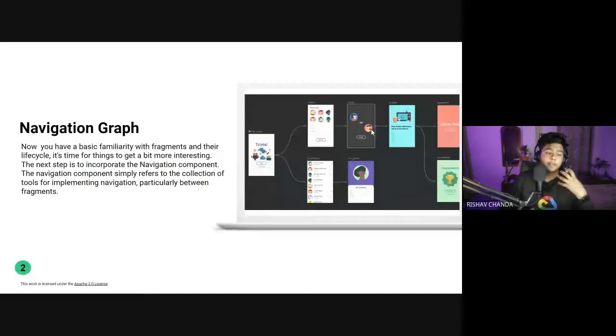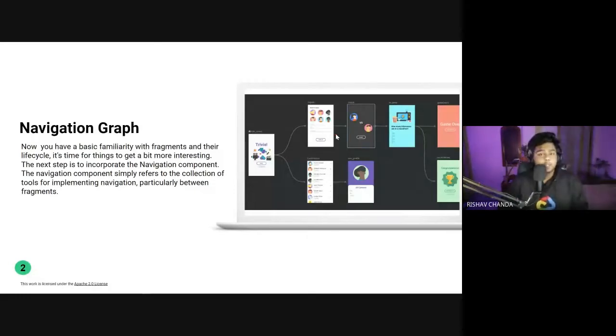And in a complex app, when the app becomes very large, you can simply visualize how the navigation is going to be. So that is the benefit of using a navigation graph. This is written here itself. And one more thing, a navigation graph is basically used for fragments only. You can't use activities for a navigation graph. And as I told you, fragments are used in activities, right?